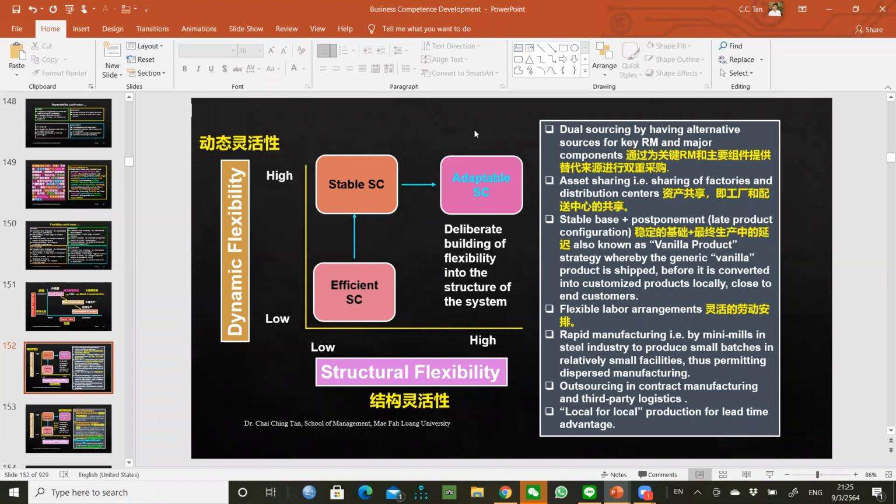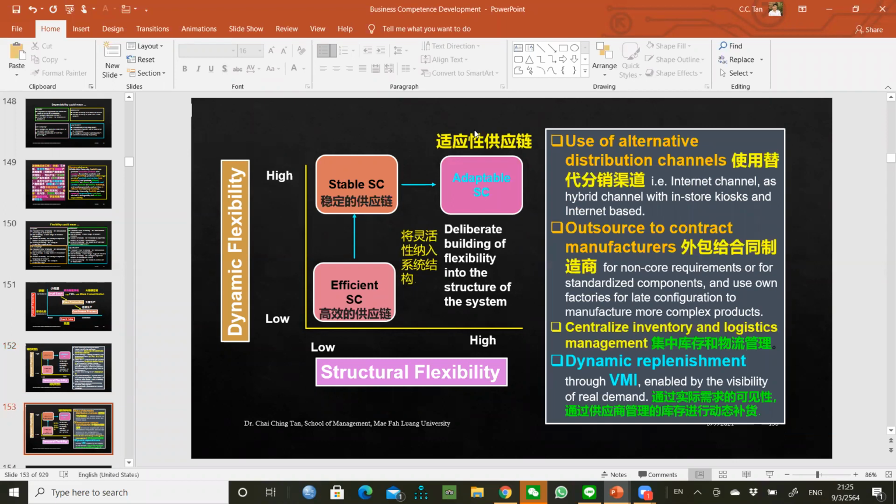So these are very, very powerful for entrepreneurs and new venture startups, and also existing companies, to be able to improve and transform your operations and supply chain system. Okay, and again, many more. You can read about dynamic replenishment through vendor managed inventory. So you have a vendor distribution. You have the vendor managed distribution center, which is right next door to the customers, where you can quickly and responsively respond to the customer's requirements, right? And that is pretty much similar to the centralized inventory in a sense, and things like that.